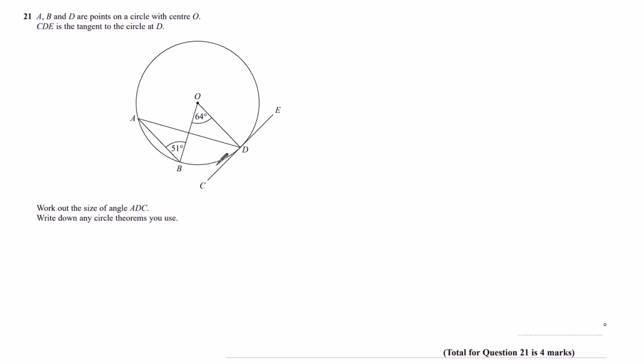Well, firstly, I can find this angle here because this angle on the circumference is subtended by B and D, and B and D subtend the centre with a value of 64. And so this angle DAB must be 32, since angles subtended at the centre are twice the angle at the circumference. Now I can use the fact that angles in a triangle add up to 180 degrees